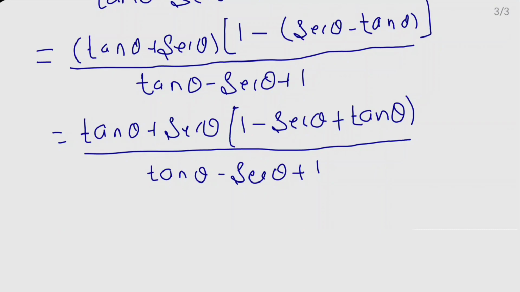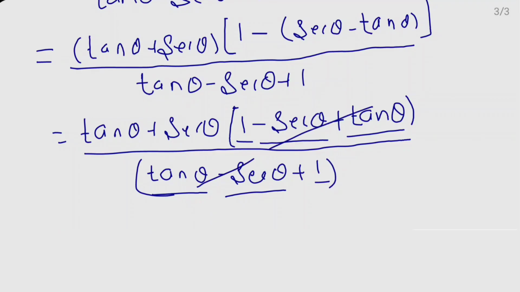And look at here, here is 1 minus sec theta plus tan theta, here also 1 minus sec theta plus tan theta. These both terms are same, so they get cancelled. So here remaining